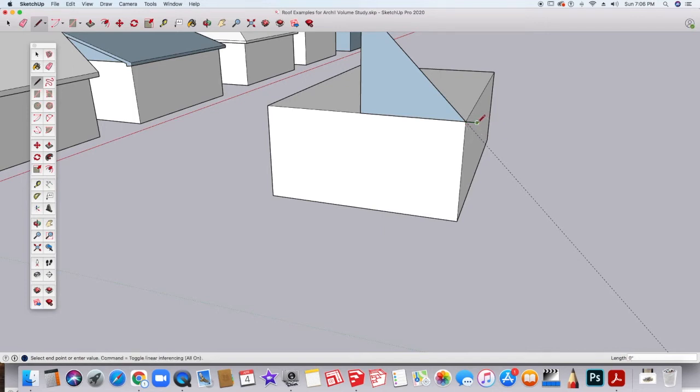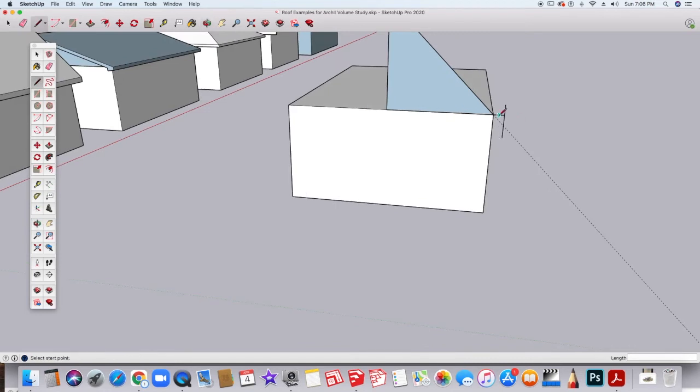And then I'm going to pull up along the blue axis, and I'm also going to go to the end here, and I'm going to pull down on the blue axis, and then I'm going to hit escape. What this is giving me is the overhang, but because this is an angle, we know that the rafter is going to be